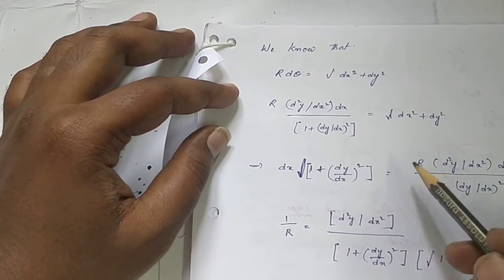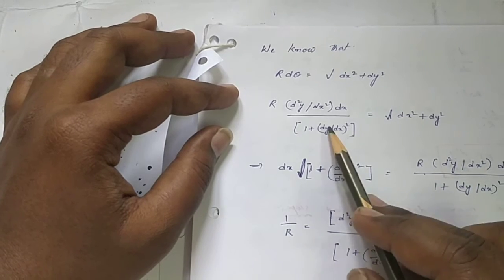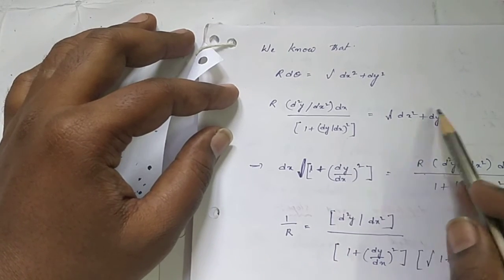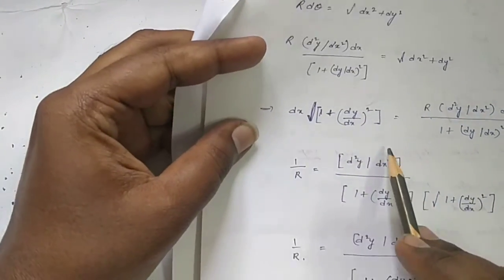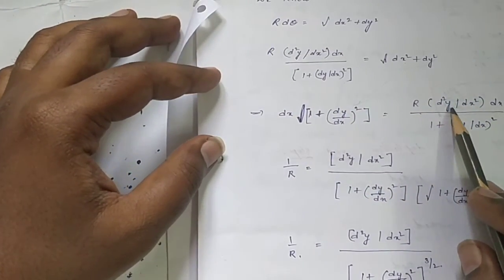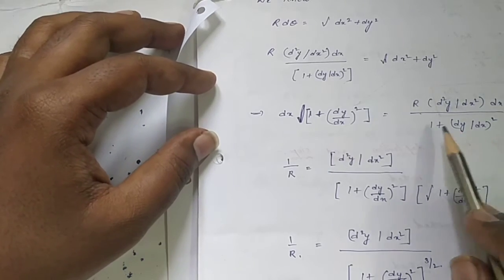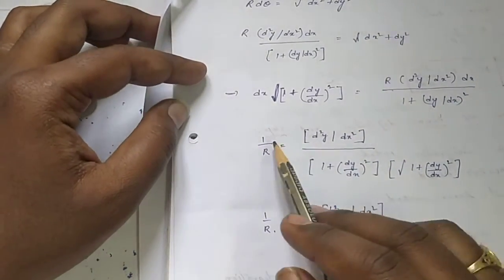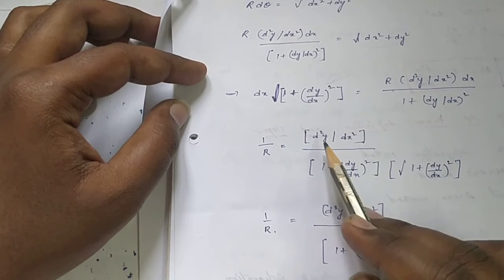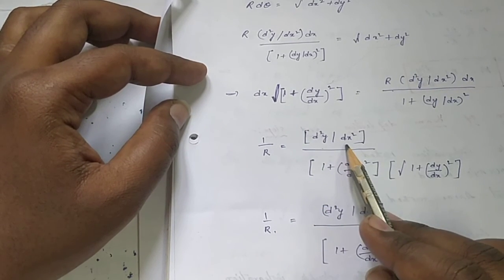Taking dx common, root of 1 plus dy by dx whole square is equal to r into d square y by dx square into dx by 1 plus dy by dx whole square, so that 1 by r is equal to d square y by dx square